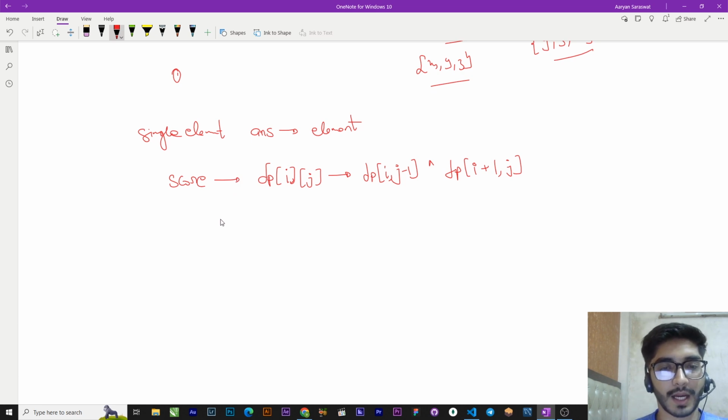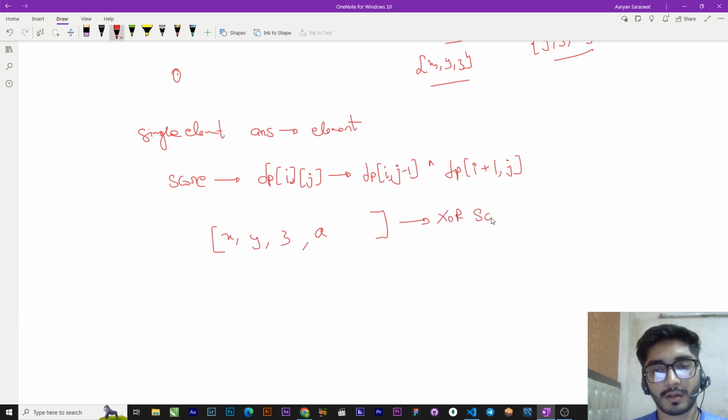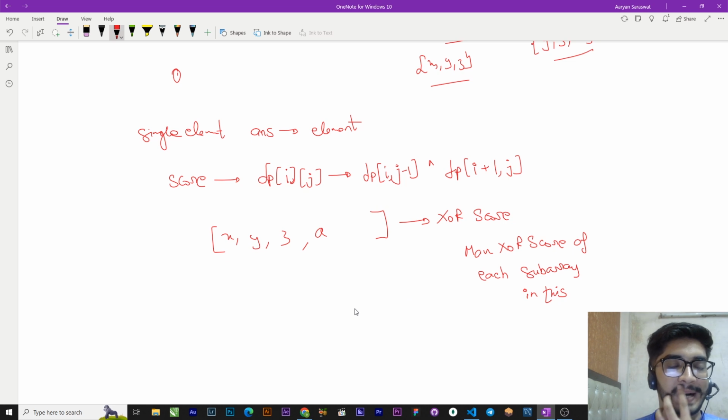But there is also a constraint कि यार इससे मेरा XOR score क्या आएगा. इसमें मेरा XOR score आएगा this, कि x y z and a. मेरे पास XOR score इसका आ जाएगा very easily. But क्या मुझे इसका XOR score चाहिए, or do I need to get the max XOR score of each subarray in this range? मुझे सिर्फ इसका नहीं चाहिए ना. क्या पता if after taking the XOR वो value reduce हो रही हो, and if मैं कोई छोटी subarray का XOR consider करता तो वो value बड़ी होती. So for that मैं ये नहीं कह सकता this is the answer for any query, I cannot directly say this. तो मुझे basically करना क्या पड़ेगा, इसको सारी subarrays का answer मंगाना पड़ेगा. But instead of getting into all the subarrays, मैं क्या करता हूँ, just